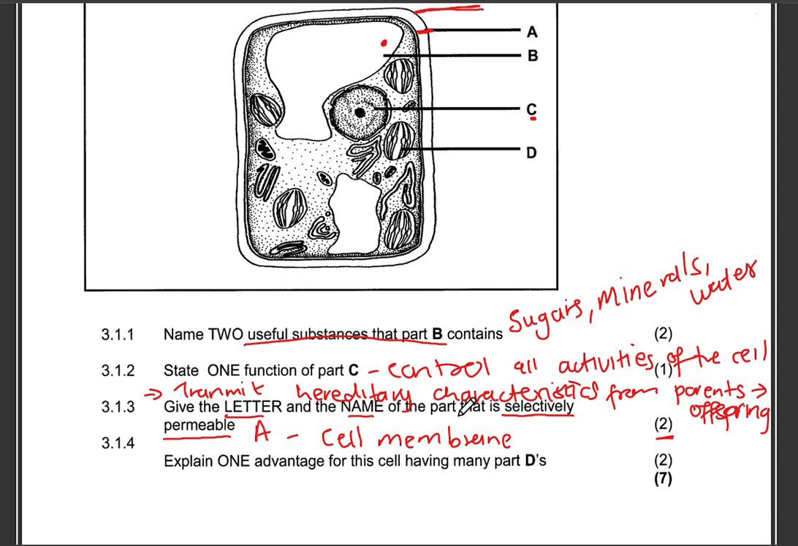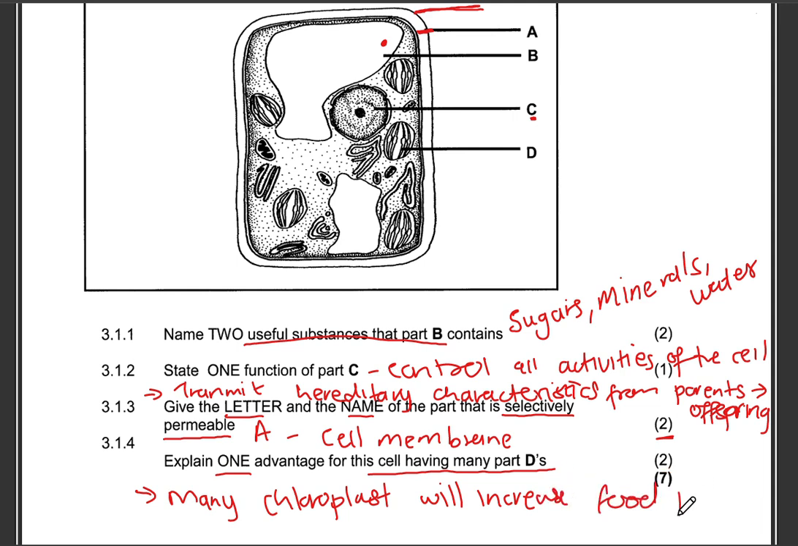Last question. Explain one advantage for the cell having many part Ds. So explain for 2 marks one advantage for this cell having many chloroplasts. Part D is chloroplast. So what's the advantage of the cell having many chloroplasts? So obviously we know that in the chloroplast, this is where photosynthesis takes place. So many chloroplasts will obviously increase food production. So mainly of part D or chloroplast will increase